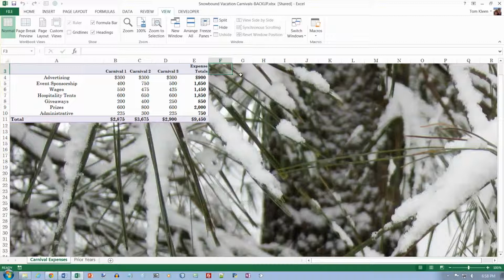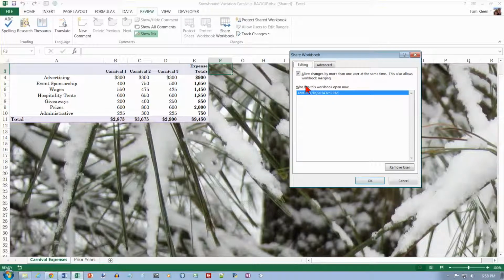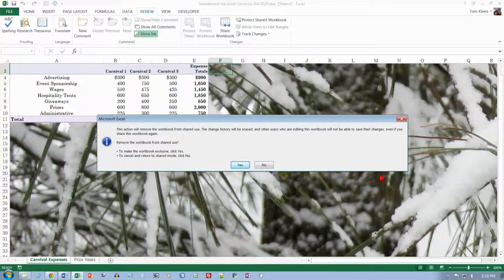Okay, now we're on page 723, and we're going to turn off workbook sharing and save the workbook. So we're going to go to the Review tab here and click on the Share Workbook button, and we want to turn off the checkbox here to allow changes by more than one user at a time, and click on OK, and then click on Yes,